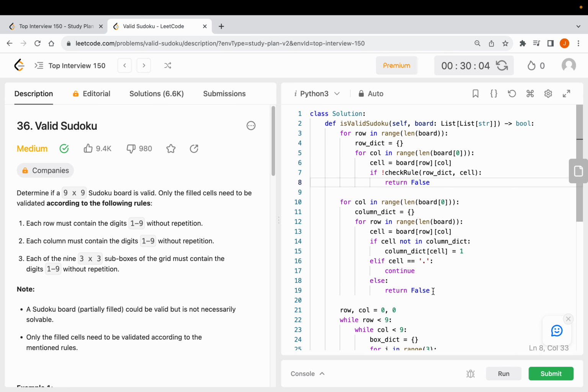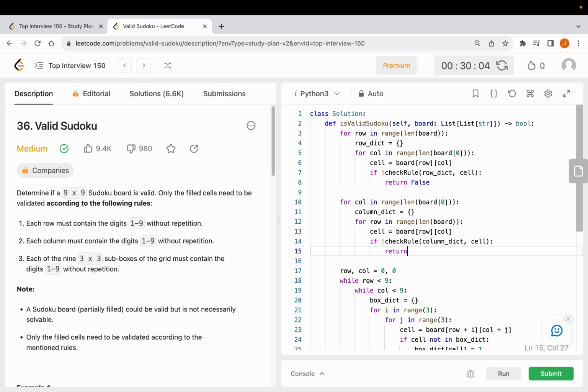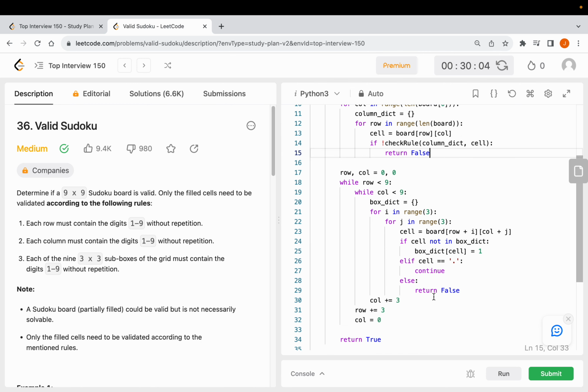Okay, let's refactor that for the other two. If column, dictionary, cell, then we return false. And here if